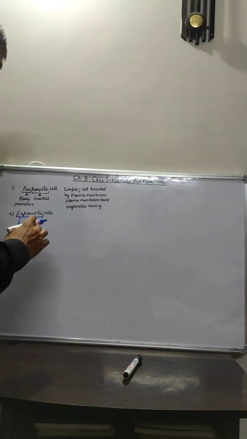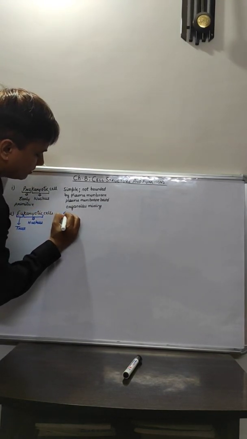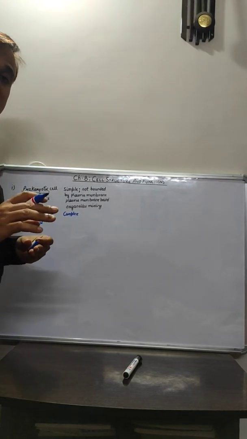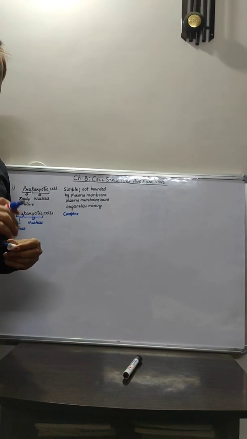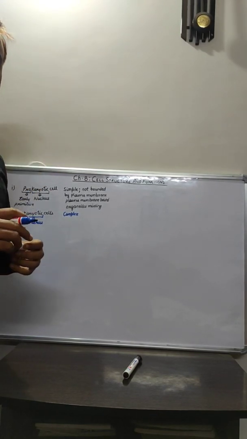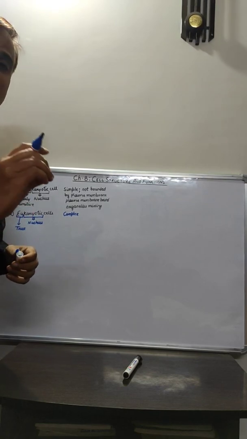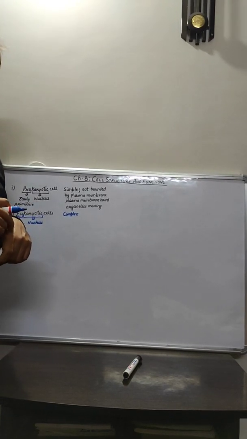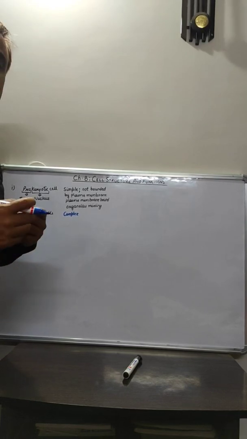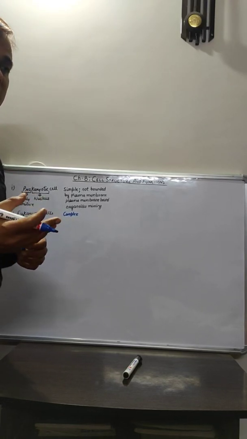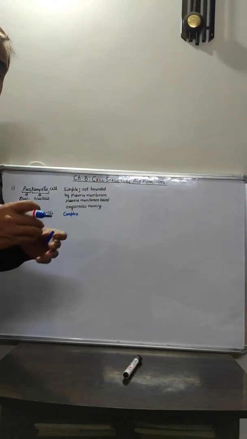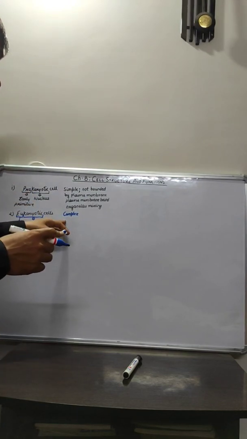Now these cells are complex. What are they? They are termed as complex cells. Why? Because they have a specialized set of cells. All the cells have their specific role to play, right? They have their specific function. Like if I am talking about the skin cells, they are protective in nature. But if I am talking about the cells in the kidney, they have a different role to play. What is their role? Their role is to purify the blood. So there is a huge difference. One is protection and the other is purifying, right? So they are complex cells.